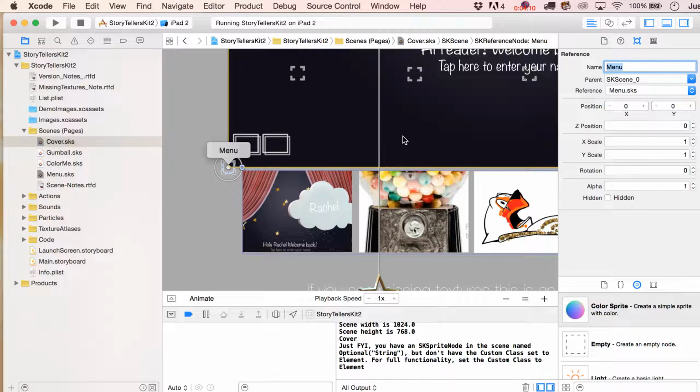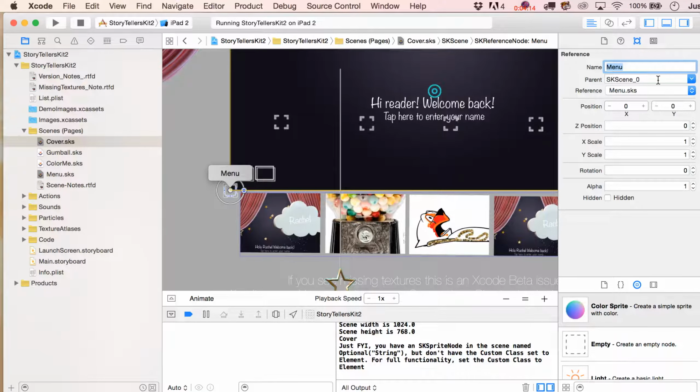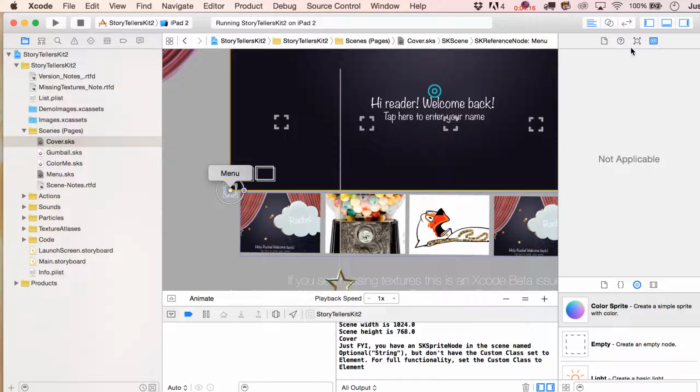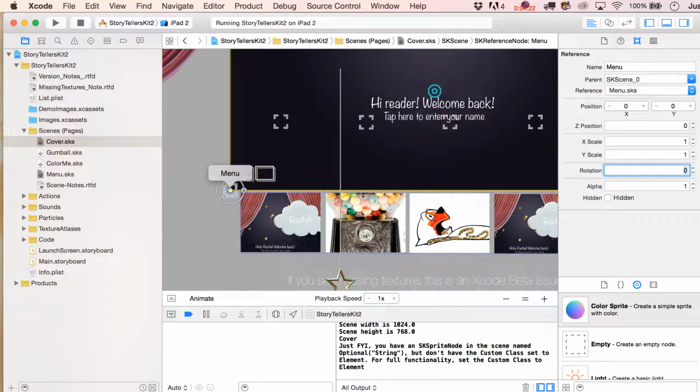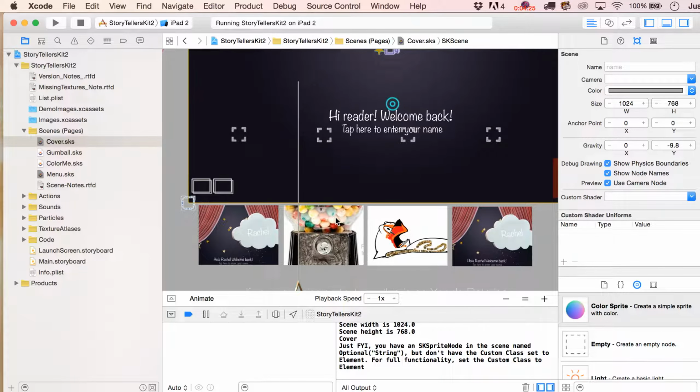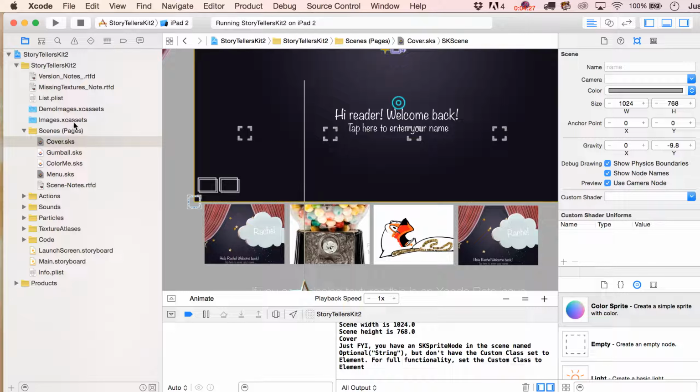You could even interact with it via the properties over here as well. Reference nodes don't, though, have a custom class property, so you are kind of limited in some sense as to how you're going to interact with them. And somehow I bumped my rotation off. There we go. Let's set that back. Now we're ready to go, and let's take a look at the properties that we've got to work with in